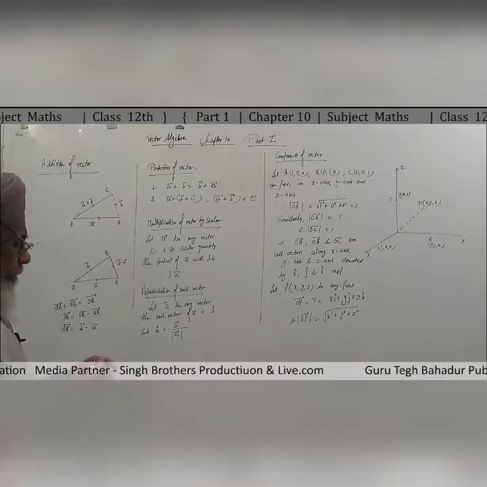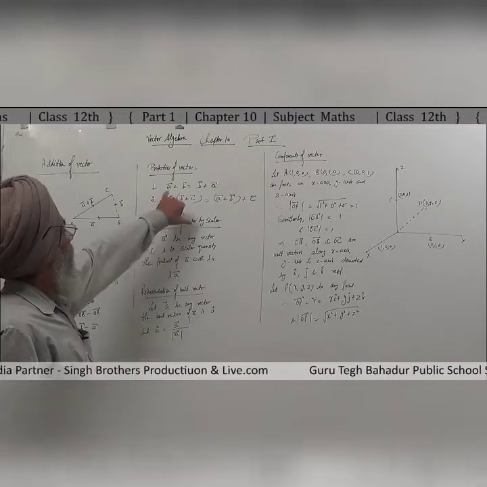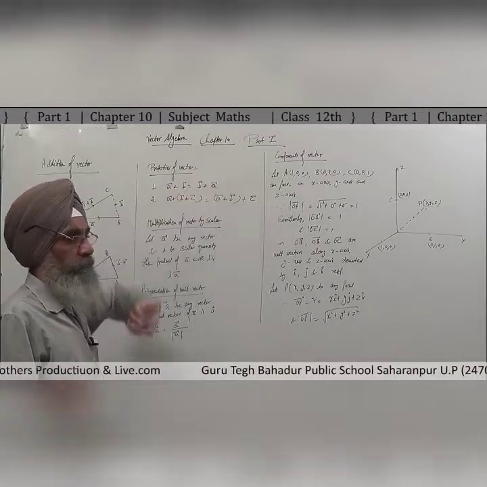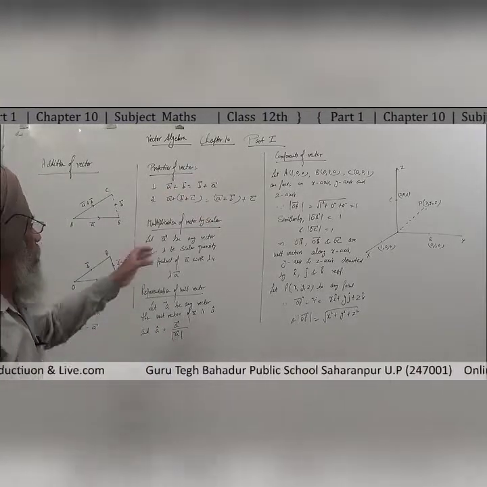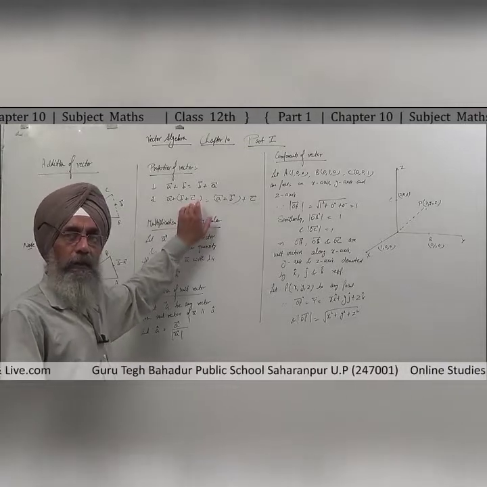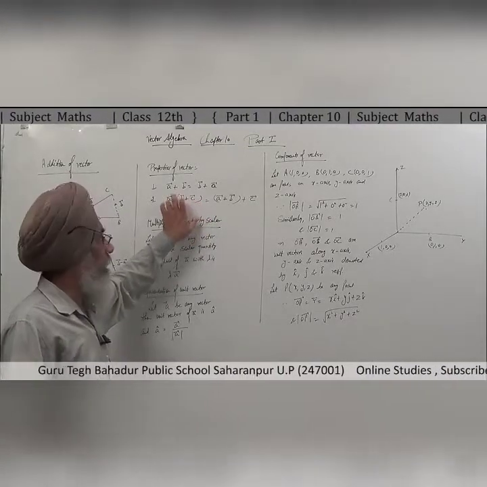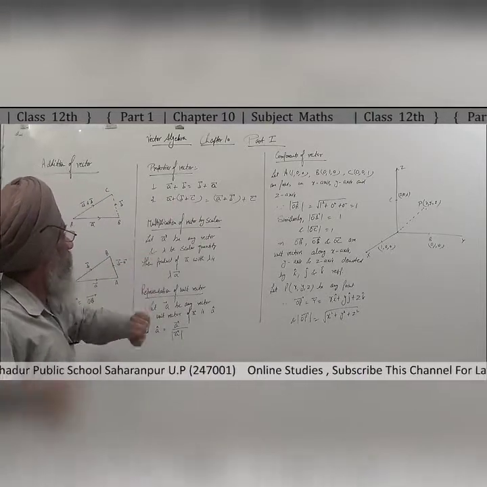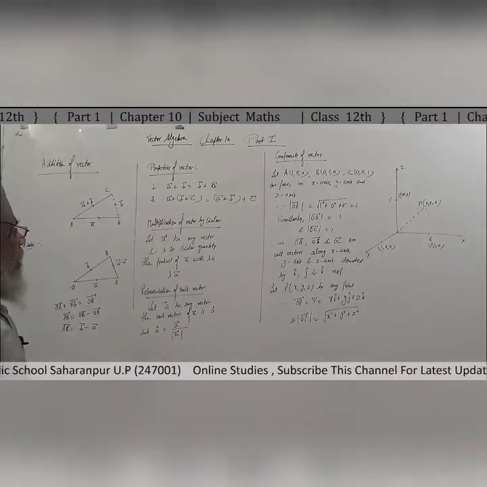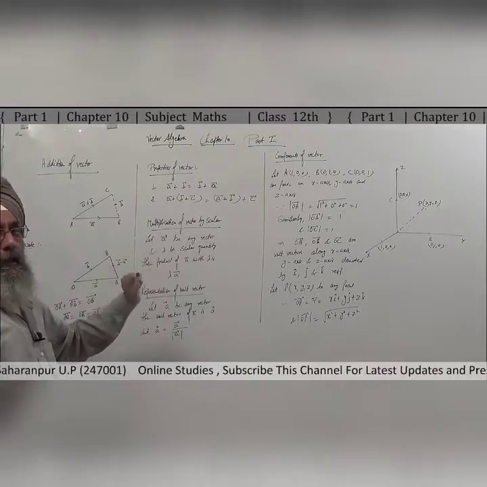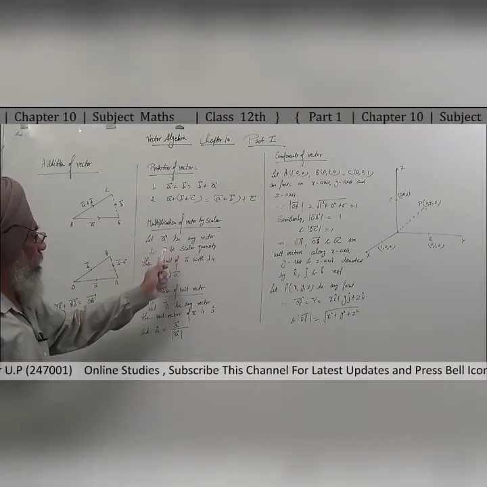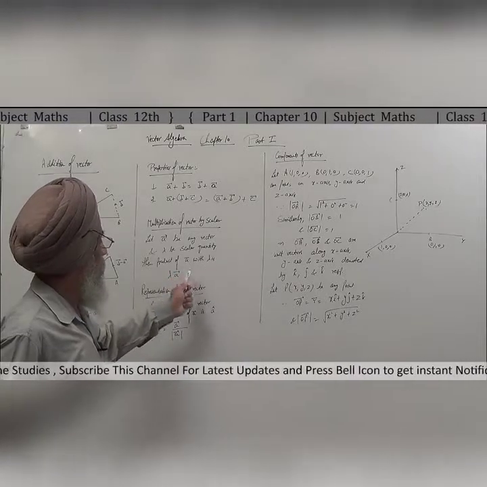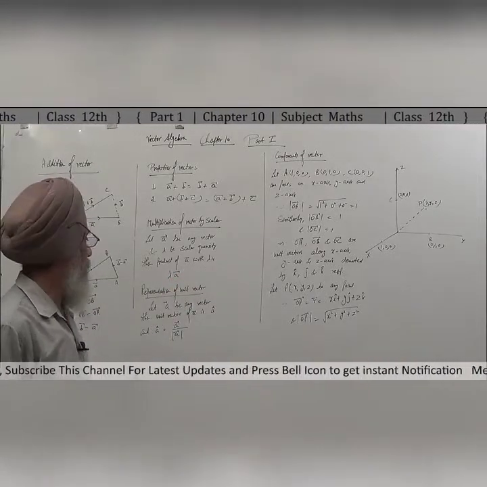If we talk about the properties of the vectors, either you take vector A plus vector B or vector B plus vector A, it means the same thing. Again, in the associative law, A plus B plus C: adding vectors B and C first and then adding vector A, or adding vectors A and B first and then vector C. Multiplication of a vector by a scalar quantity: let A be any vector and lambda be any scalar quantity. So the product of vector A with lambda is given by lambda into vector A.